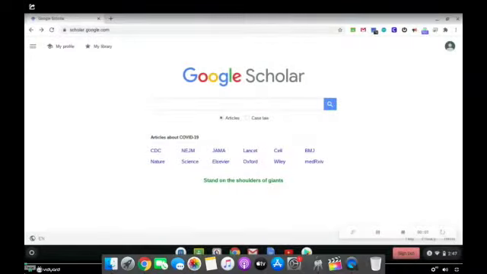Okay, so Google Scholar is a resource that allows users to search through academic books and articles, as well as case laws, to find information about topics they're interested in or maybe have to write papers on and cite their sources. So what you're going to do to be able to use Google Scholar is you're going to go into